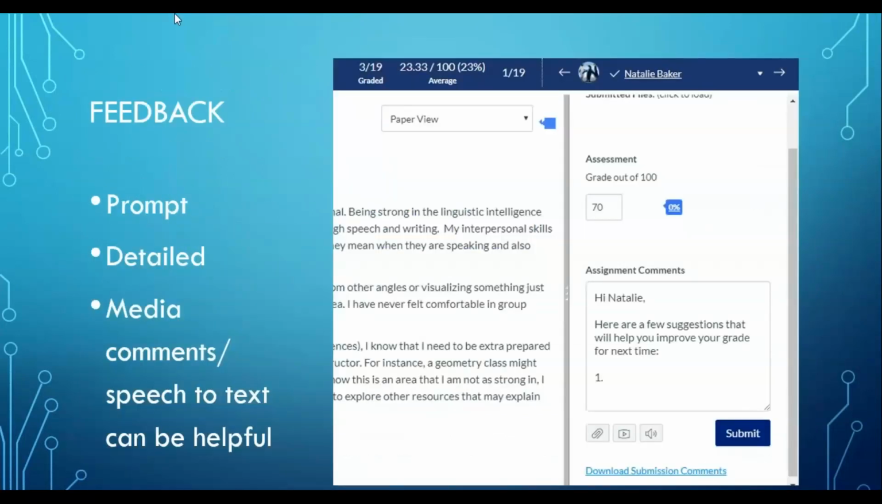So now we're going to talk a little bit about feedback. And we're going to start with providing students with feedback. With online courses, providing feedback promptly is really important, because again, you're not seeing your students face to face. So if you are